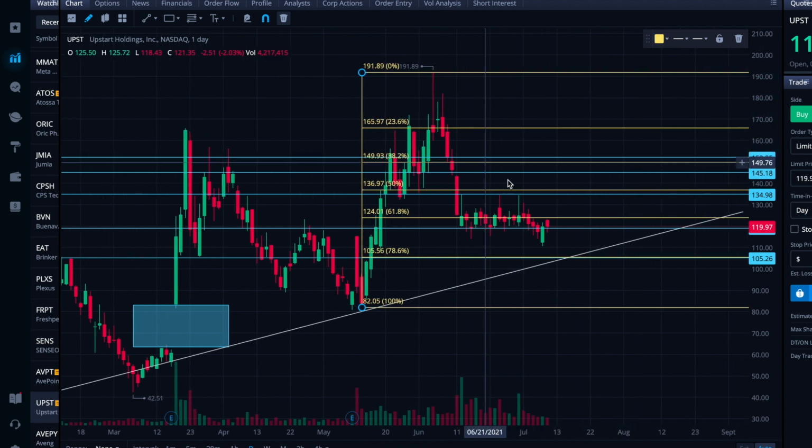So you see it's following really closely with these supply and demand zones, which is what I like to see, that the blue and the yellows are tracking really close together. And essentially what it's doing now in this retracement is it's coming down and consolidating along this 6.18 retracement level at 124, and essentially treating that 136.97, that 50%, as the first level of resistance on the